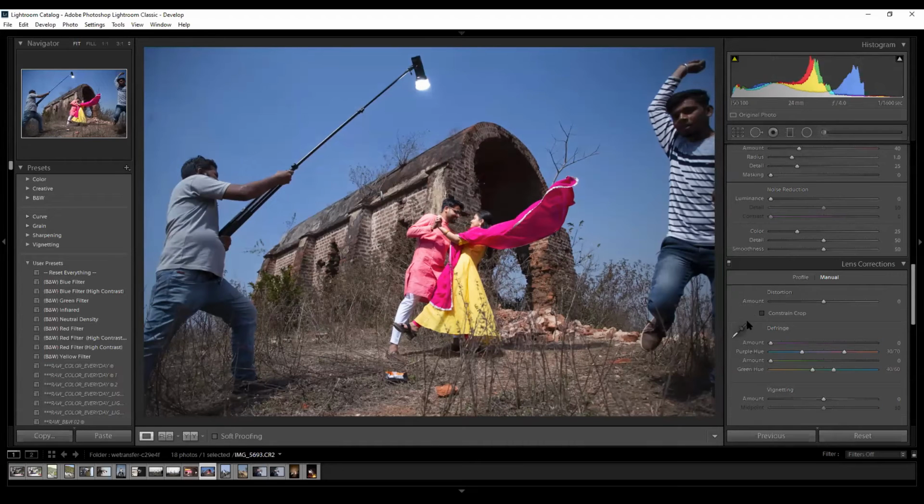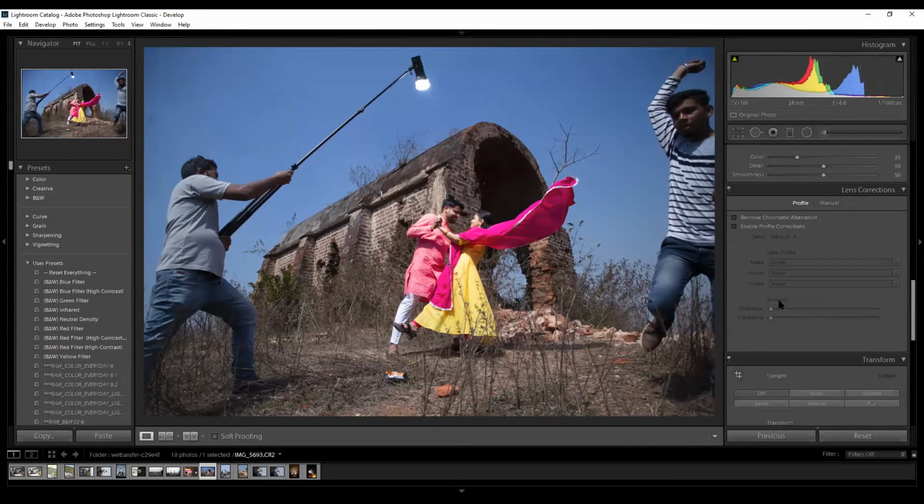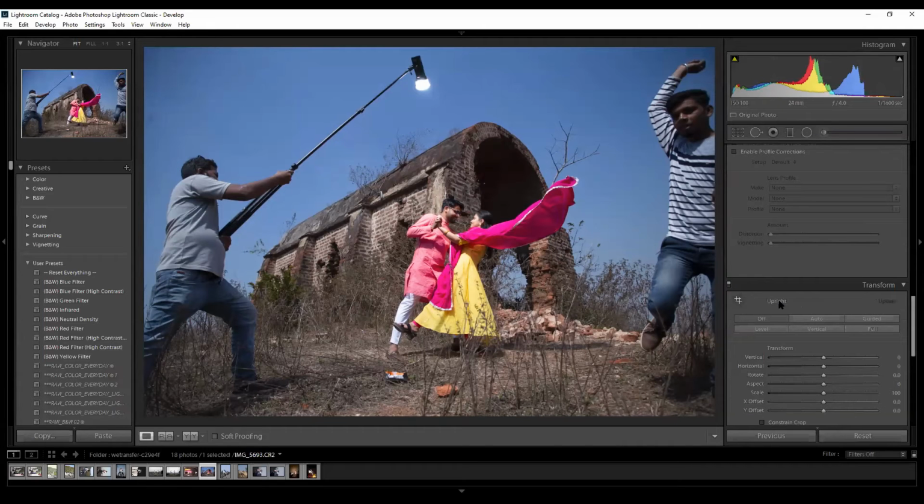Now it's all subjective to your choice. If you want to, you can keep the lens profile on and do the correction of the lens by itself only, and you can work manually also with it.